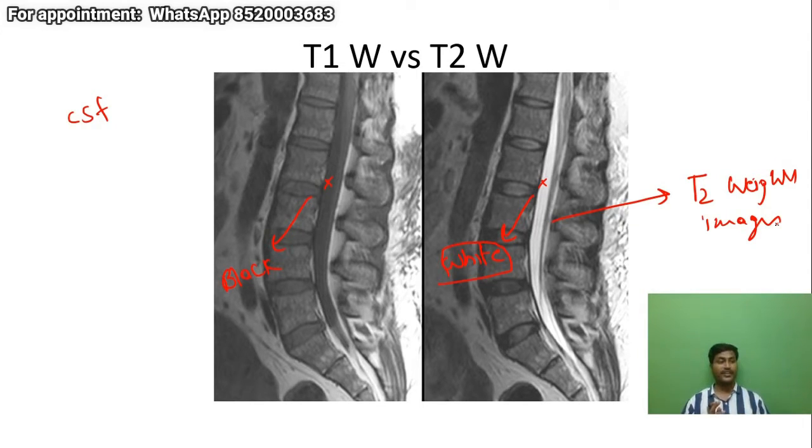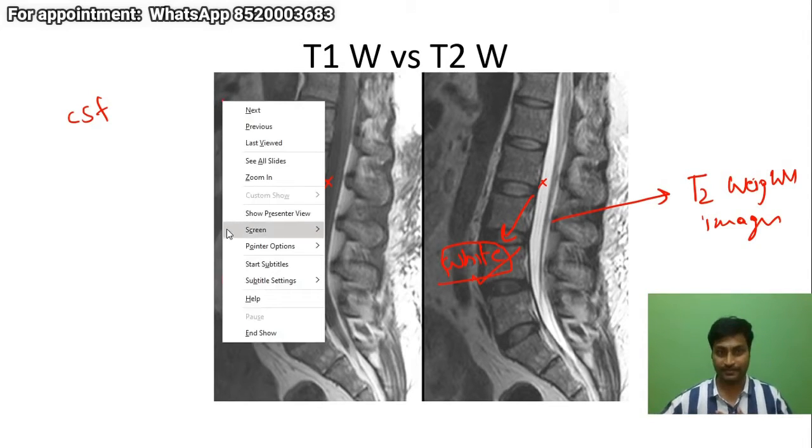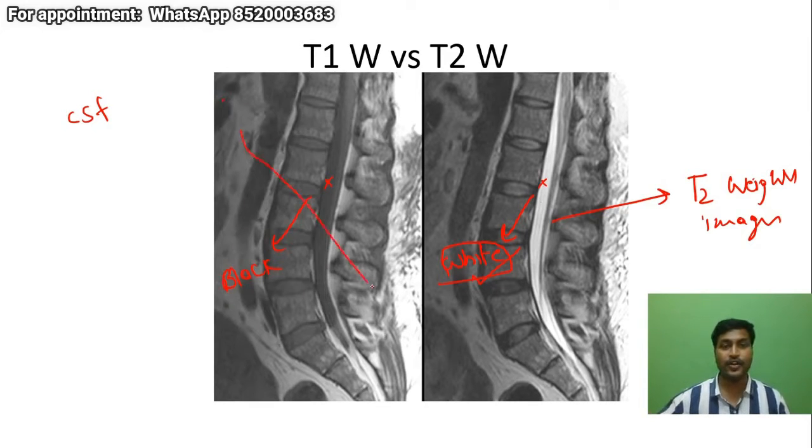How do you identify the T2 weighted images? You look for the color of CSF. If the color of CSF is white, then these are the T2 weighted images. From now onwards, we will concentrate only on the T2 weighted images. Am I clear? Practically for my physiotherapy, the majority of times T1 weighted images are not useful for me. What are useful for me are the T2 weighted images, and I will be following only those.